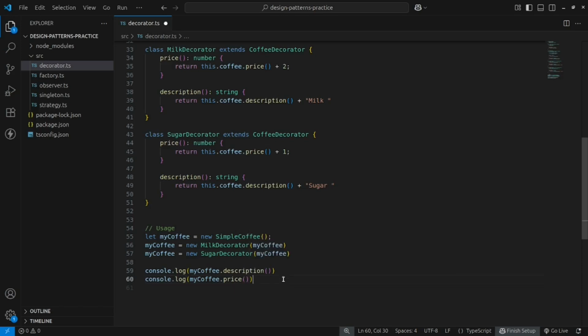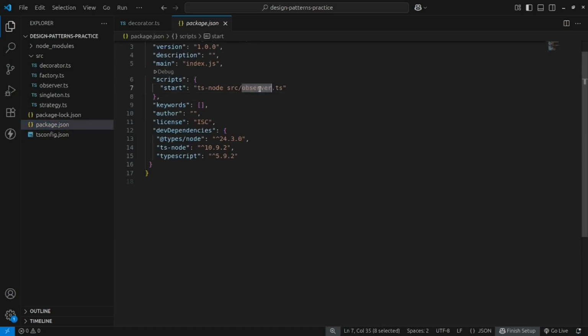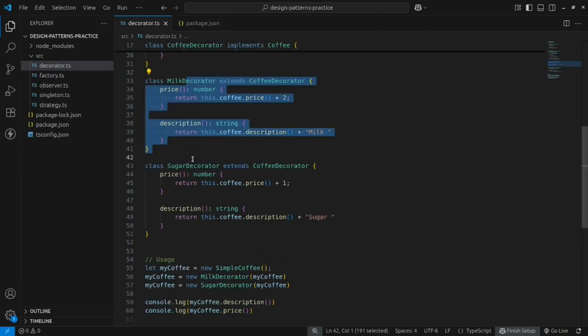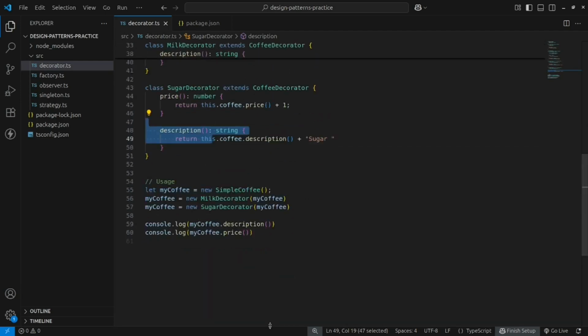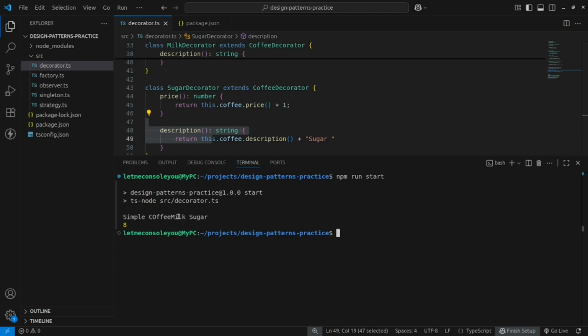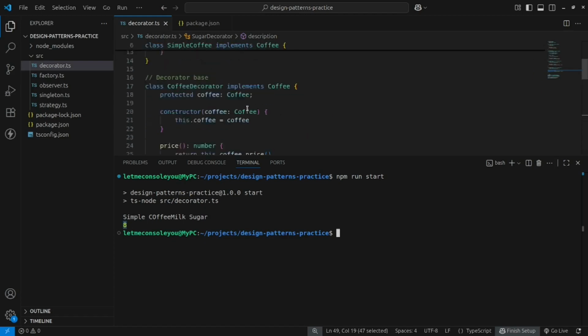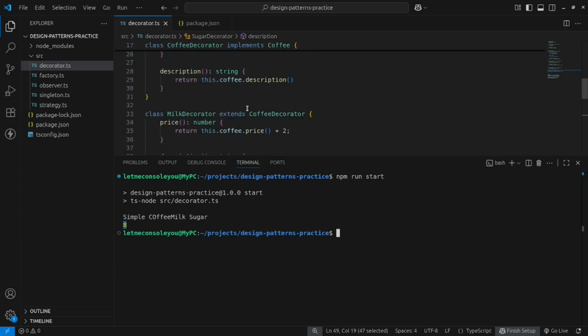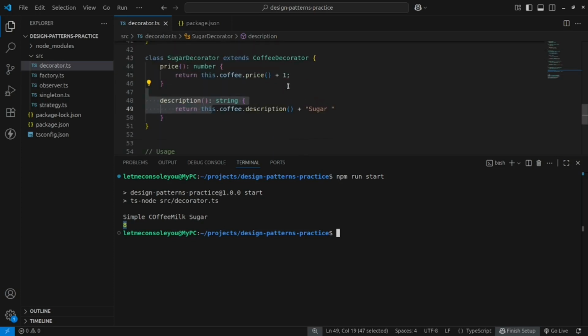Basically we are calling these. Okay, inside package.json, let us quickly point the start script to decorator.ts. Now let us run the start script and see the price after adding milk and sugar to the simple coffee. Clear the terminal, run the start script, and we can see the final price is 8, because the base price was 5, and after adding milk we have 2, so 5, 2, 7, and then 8, and the description is simple coffee,